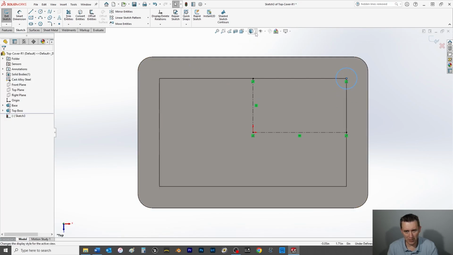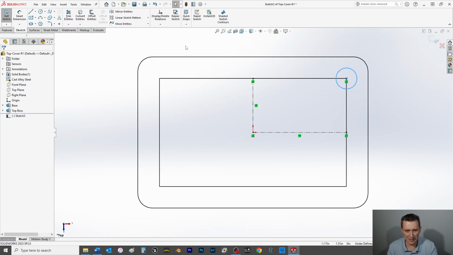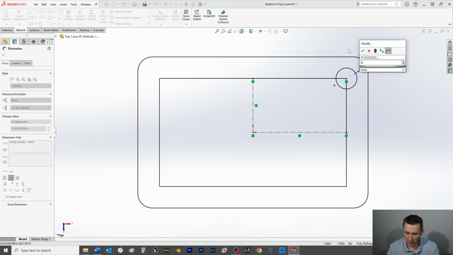And also another thing you can do to make things a little less confusing is under display style, you can come here to hidden lines removed and select that, so you'll have a view like what's in the book here, which goes from page 140 all the way through page 141. So what we'll do here is give this a dimension of 1/2 inch, 0.5, enter,